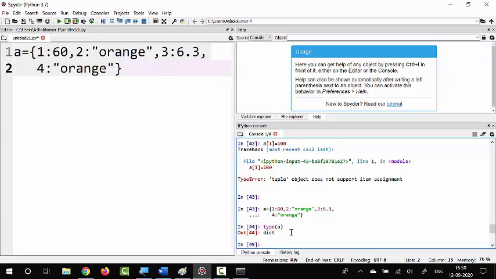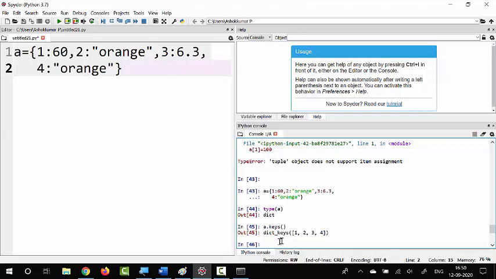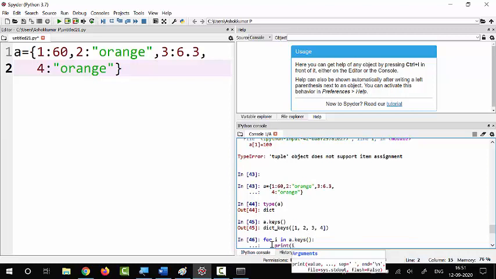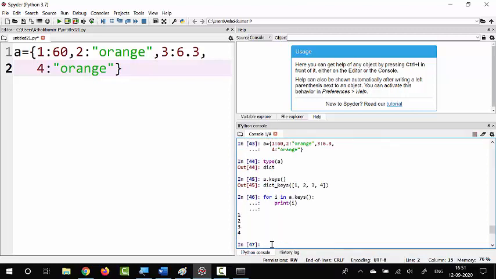Now to access each key in a dictionary, there is a method called a.keys. This will give all the keys present in this particular dictionary. Okay, so you can use a for loop like this. For I in a.keys, print I. This will print all the keys present in this dictionary.